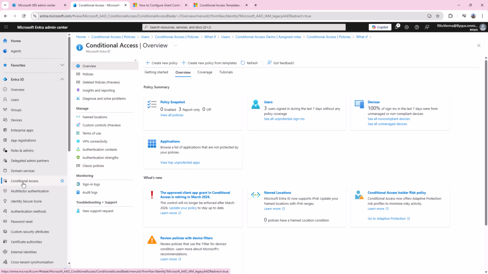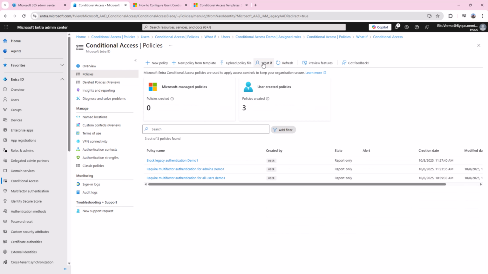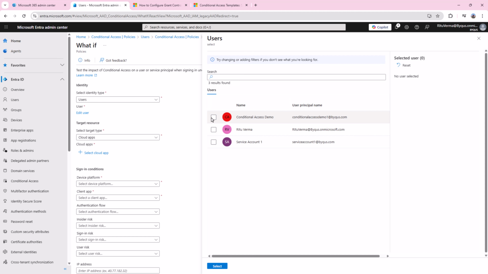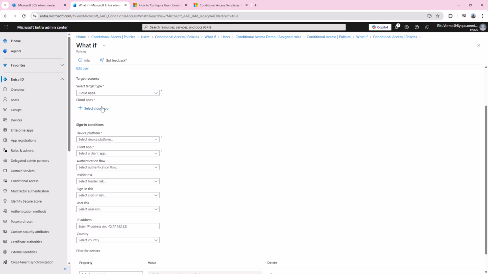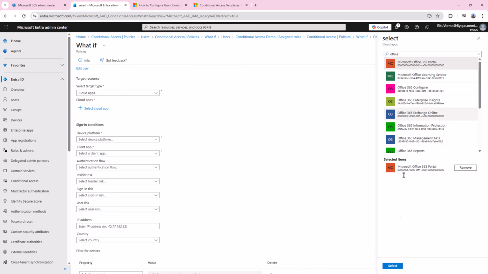So we will go to conditional access, policies, and we will do a what if analysis again on this account. So we'll go to edit users. We'll go conditional access demo, select target resources, select one cloud app. Any app we can select for now. Office 365 portal. We'll click on select.